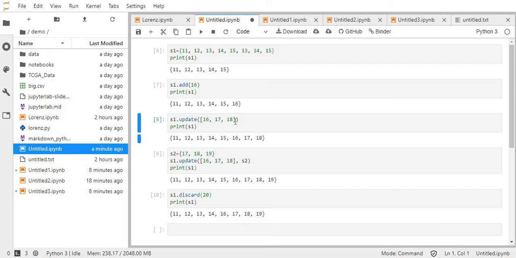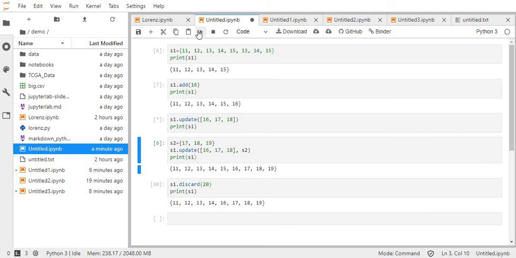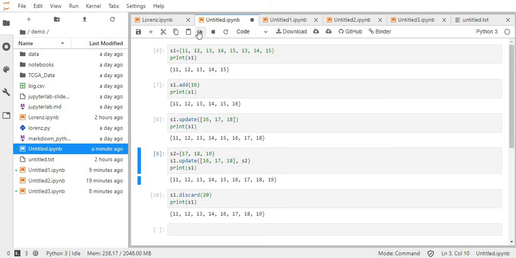So now if we run that, then we can see that the list of values 16, 17 and 18 is added to the set.